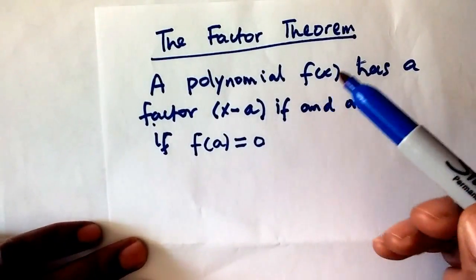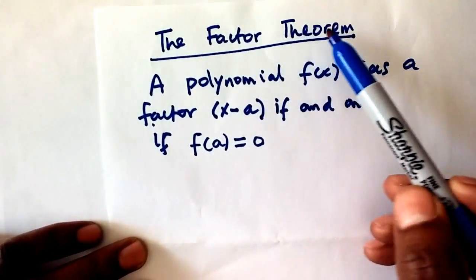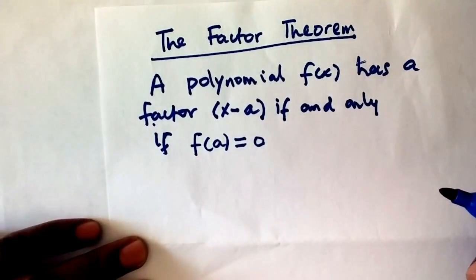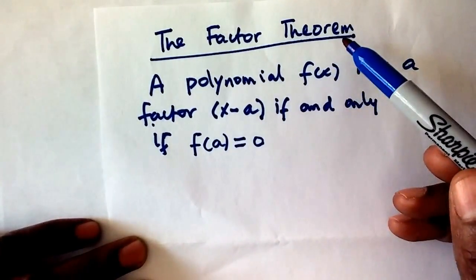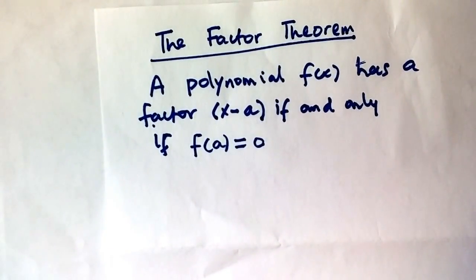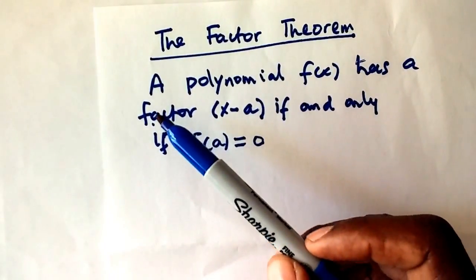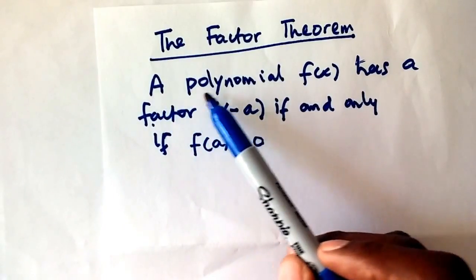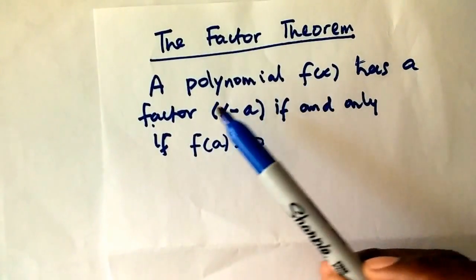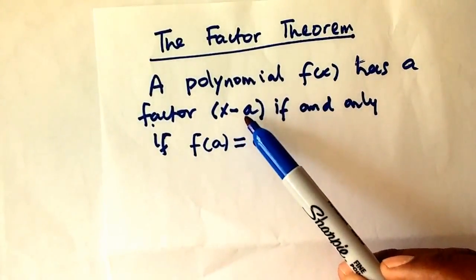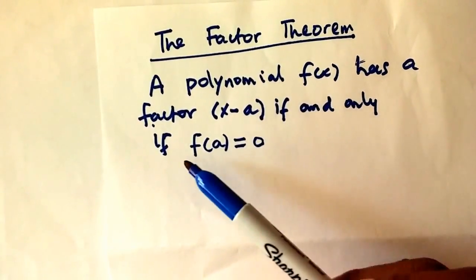So today we'll be going over the factor theorem, and then we'll see how it is used to help us determine if a polynomial is a factor of another polynomial. Okay, all right. Let's get to it. The theorem says that a polynomial f of x has a factor x minus a if and only if f